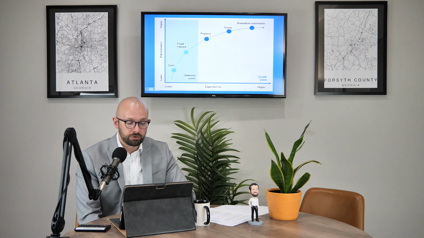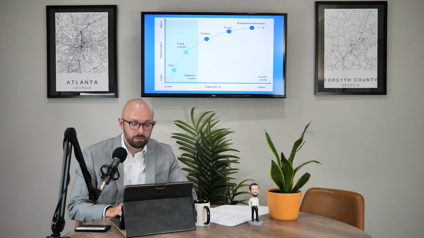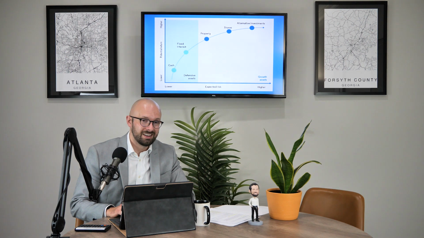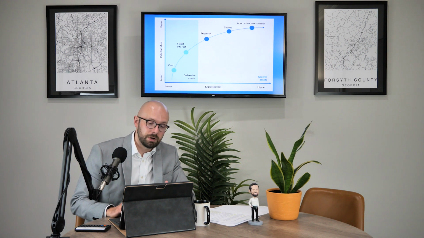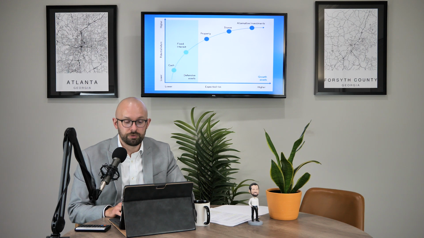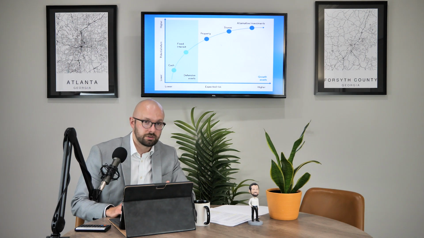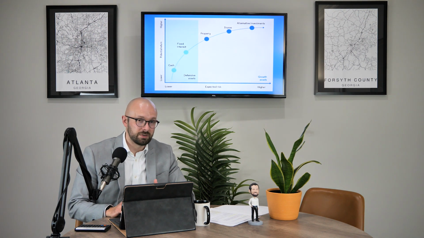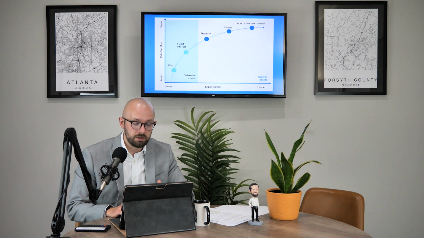And what you want to do is craft a portfolio that's somewhere on this line. So you want to say, all right, I might want this amount of risk right here, over here. So how do I build that to get this amount of return? Is it 80% stocks, 20% bonds? Is it 90% stocks, 10% bonds? Then out of those stocks, is it growth stocks? Is it conservative stocks? Is it income stocks? Is it international stocks? Is it for fixed income? There's different types of fixed income. Is it government bonds? Is it corporate bonds? Is it corporate high yield bonds? All of those are going to be peppered all along this line right here.